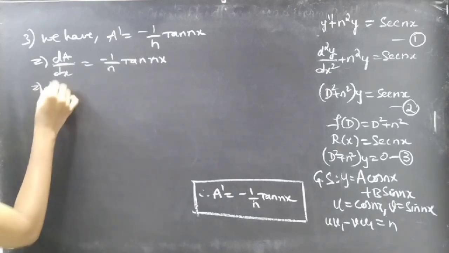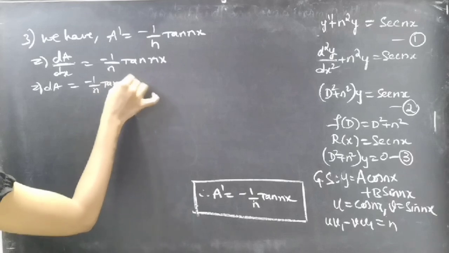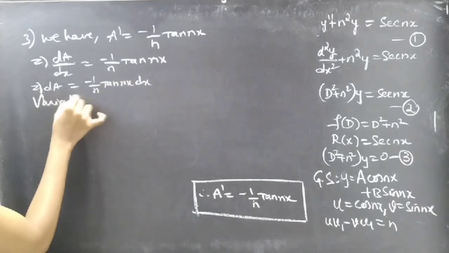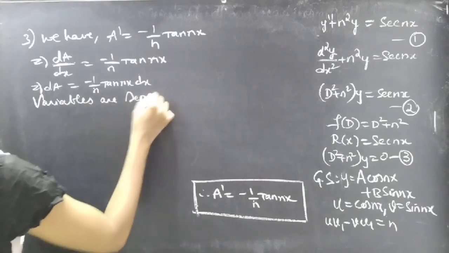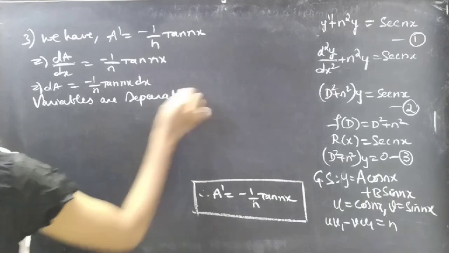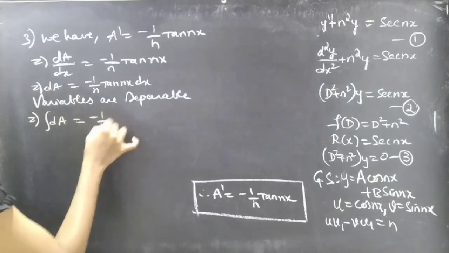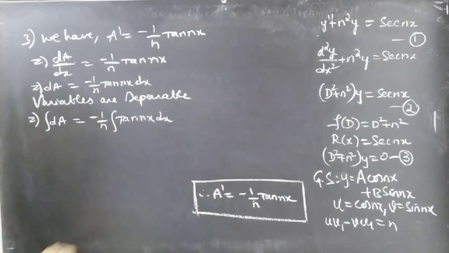We'll get dA equal to minus 1 by n tan nx dx. Now here the variables are separable, so we can perform integration. Integral dA equals minus 1 by n integral tan nx dx. Since we know that